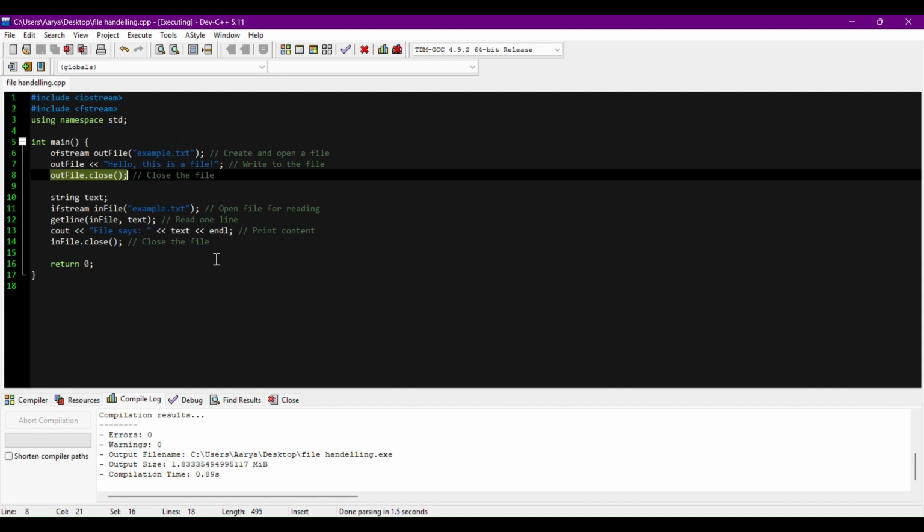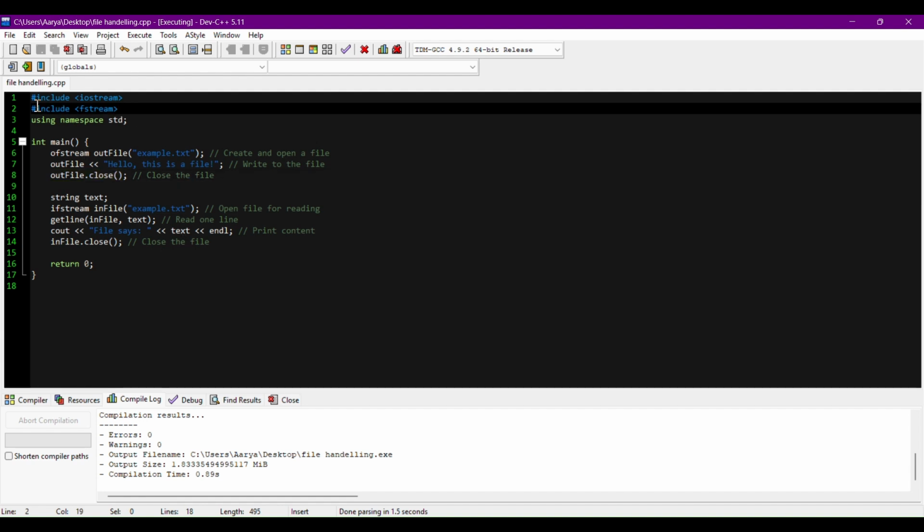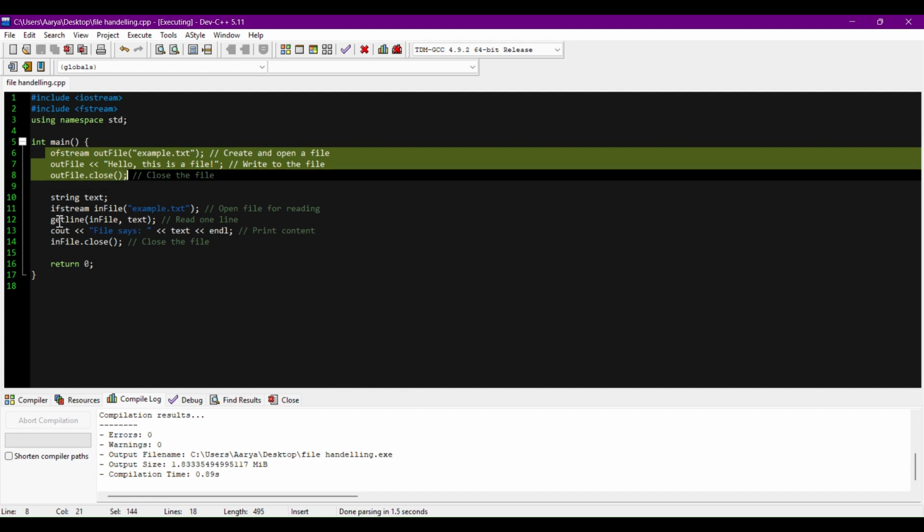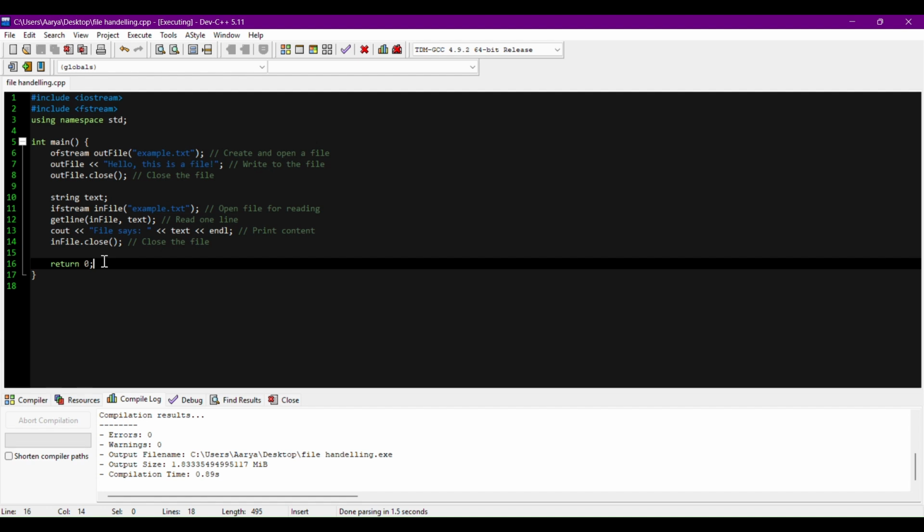The main thing for file handling is that y'all are supposed to write this part, that is #include <fstream>. If y'all do not include fstream, it is not going to be considered as a file. And these functions where outfile and infile are included are also crucial for file handling. There are basically two types of file opening. One is direct, that we have done using open file and close file, and the second one is using constructors, which is very complex, but let's not go there. These are the very easy things, and this is what is used.